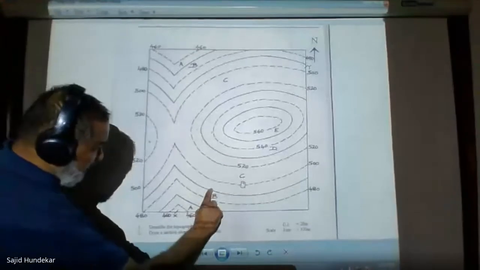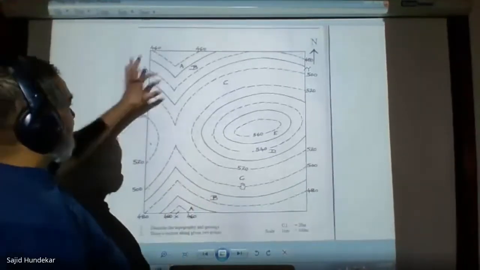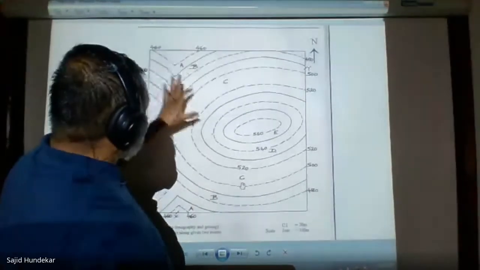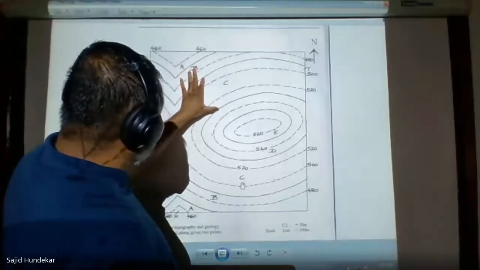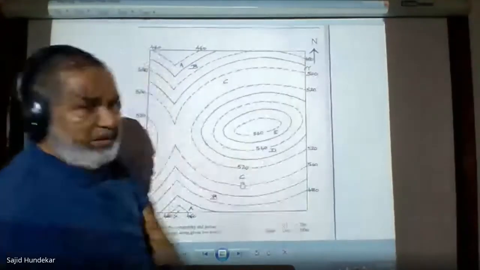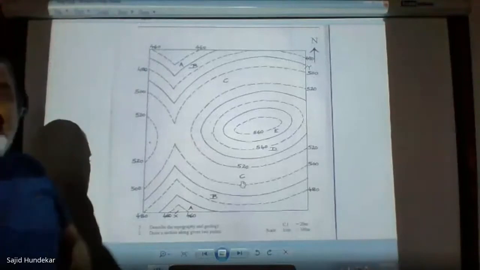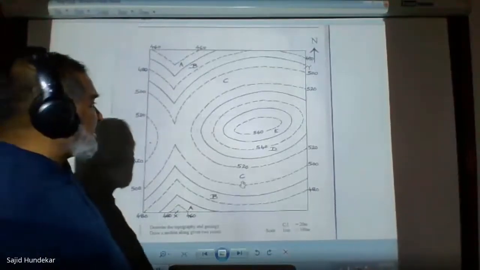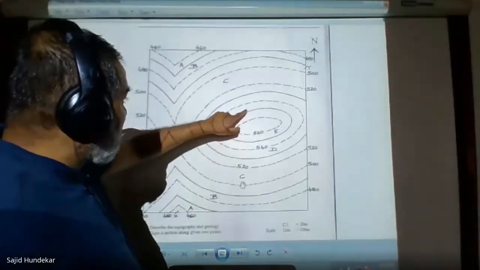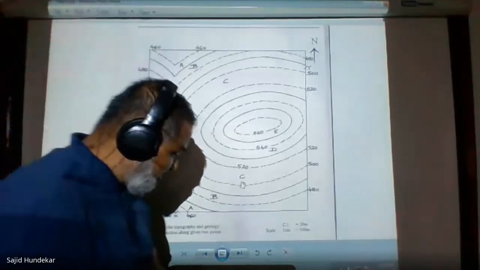Now after that the B bed. Here you can see the B bed. Similar one. D is also here. C will be from this end to this end. So here the thickness of the C bed is more. Now you have to find out the thicknesses. Now what is the thickness? It means between the top and bottom bedding plane. Just I will make out.